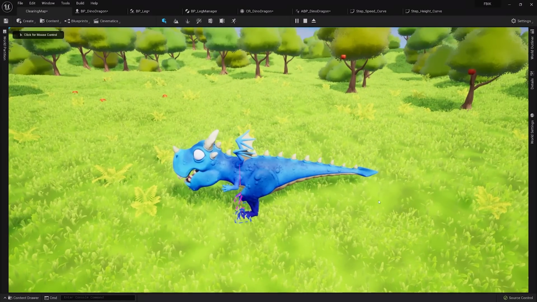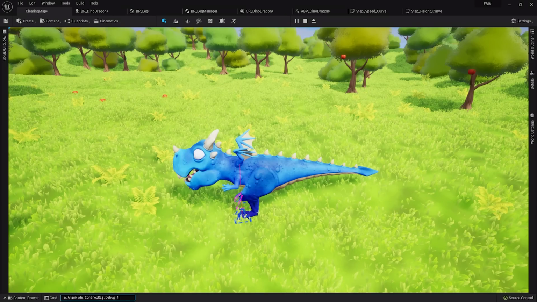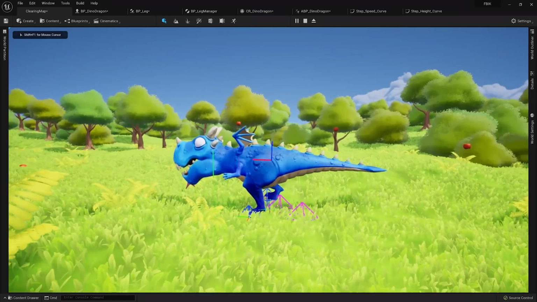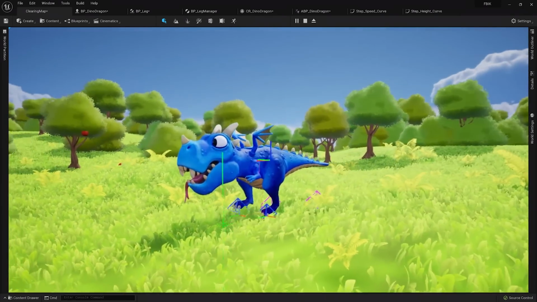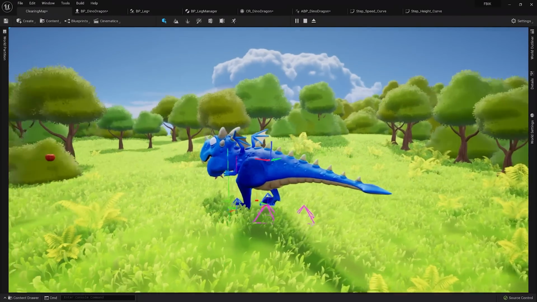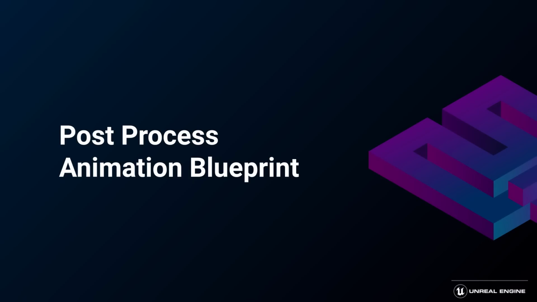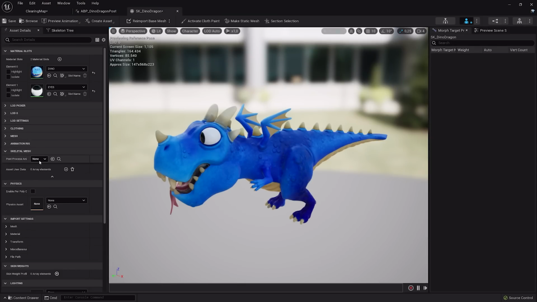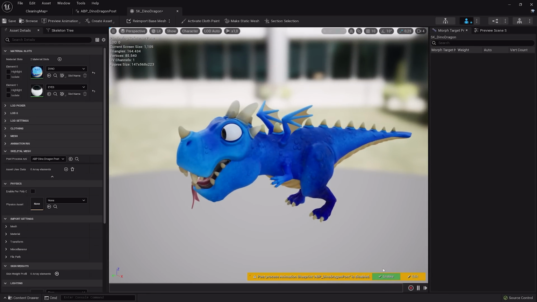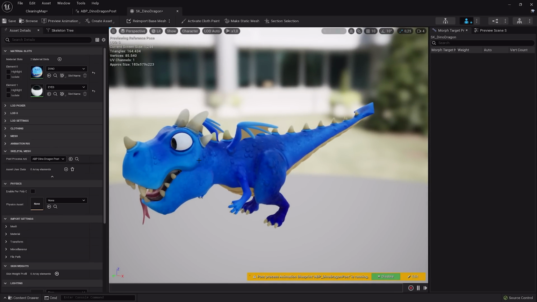We have all these debug nodes, and it's really handy that you can use a.animnode.controlrig.debug1, and then it displays our debug nodes, which is very practical when you want to see if what you try to do there is also happening out in the real world. But full body IK is not the only feature of the engine, and during this project, I learned about the post-process animation blueprint. On a skeletal mesh, you can add a post animation blueprint that's based on the same skeleton.